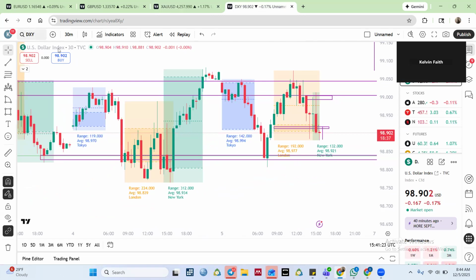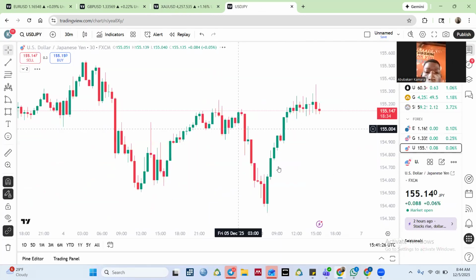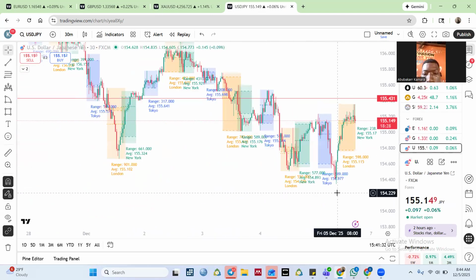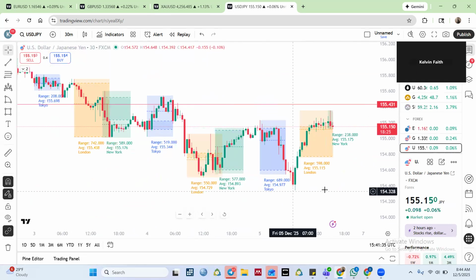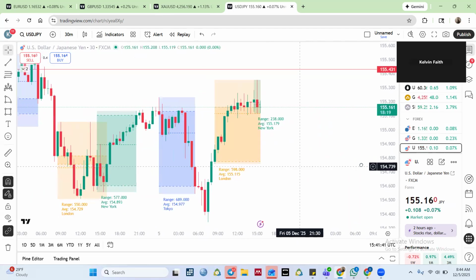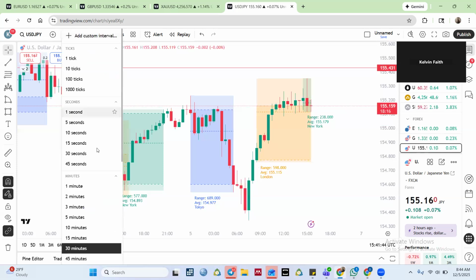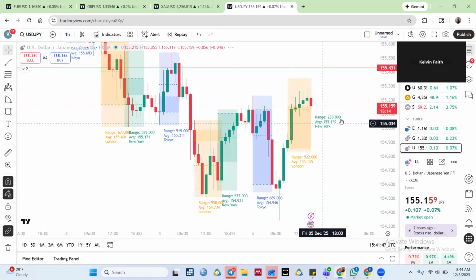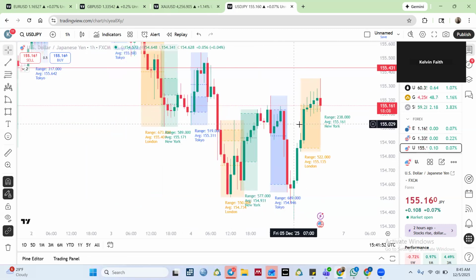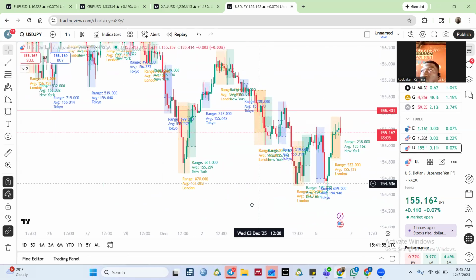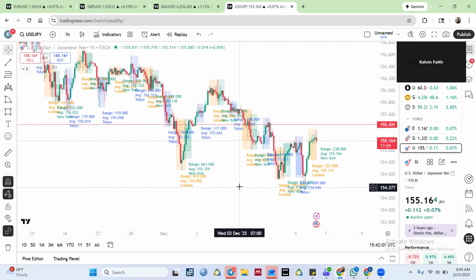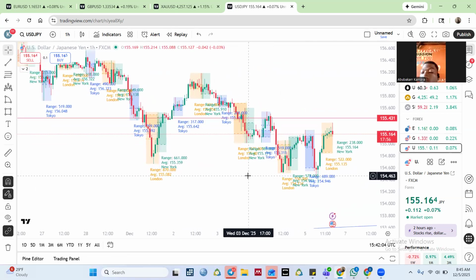Let's see USDJPY. USDJPY is also going to keep dropping as long as the dollar index is dropping. So those who trade USDJPY, maybe start getting ready to look for some sells. I hope you guys can see. USDJPY, we will be selling as long as EURUSD is buying and the dollar is also dropping.